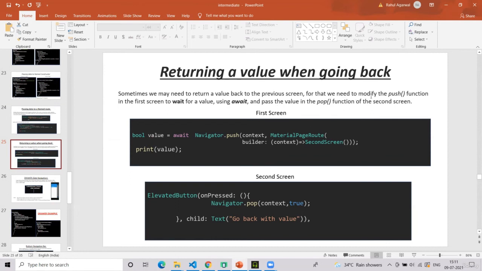For that, we need to modify the push function in the first screen to make sure it waits for a value using await, and pass the value in the pop function of the second screen.